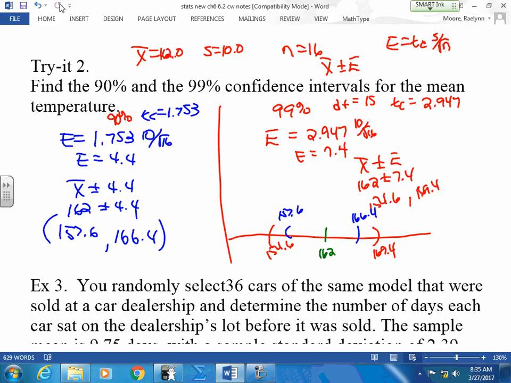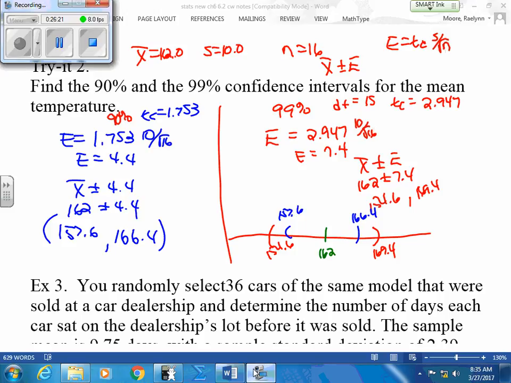Agree? Like the opposite of what you're saying. You think that sounds opposite? Yeah, I feel like if I get more confident, it's gonna be more precise, because I'm confident that it's that number. But a margin of error gives you, think of it this way, a wiggle room. So if I need to be more confident, give me a little bit more space to work with. Think of it that way. Give me a little bit bigger wiggle room. Okay? So tomorrow